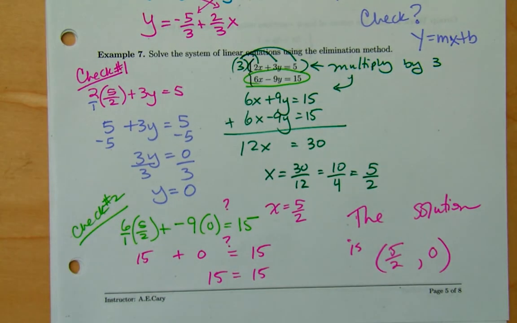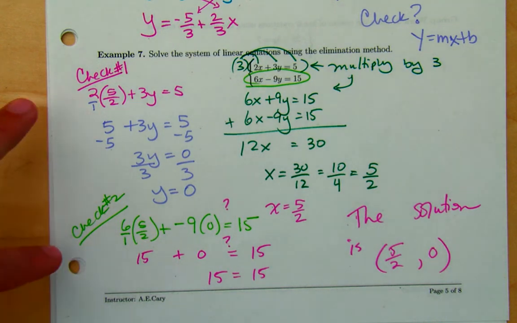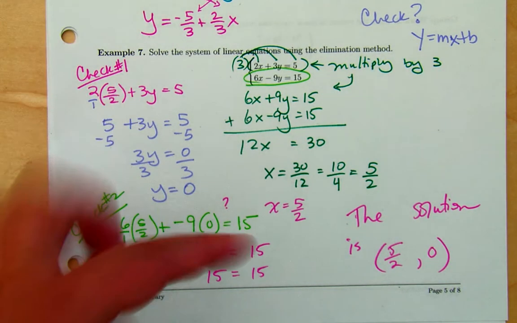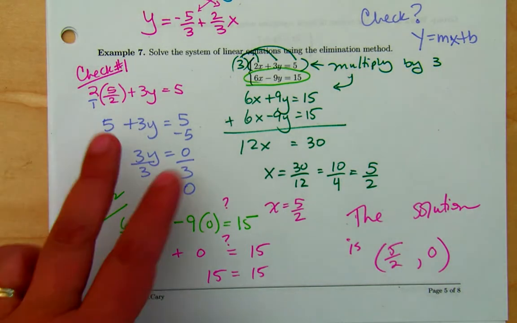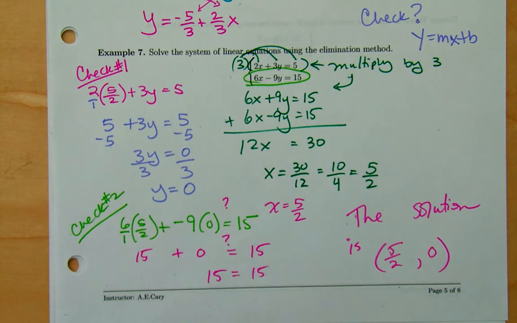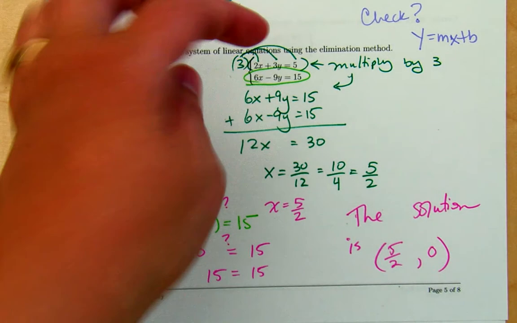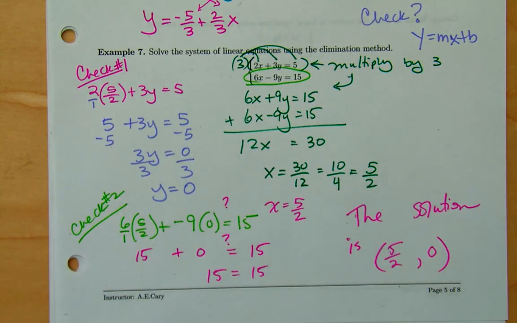We got x equals 5/2. And it worked in both equations, right? If I plug in x and I solve for y, that's nearly the same thing as plugging them both in to see if it works, right? I didn't know what y was, so I had to take a chance solving for y. But you can put this solution back in. It's more important to make sure it goes into the second equation, okay? I'm going to project